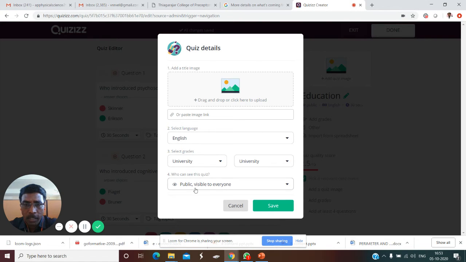You have two options here: who can see this quiz? Public, visible to everyone? Suppose if you want to conduct the quiz confidentially, you can go for private, visible to you. Otherwise, you can select public, visible to everyone. Normally, you can go for private, visible to you, so no one can find this quiz except you. Now I click the save option.